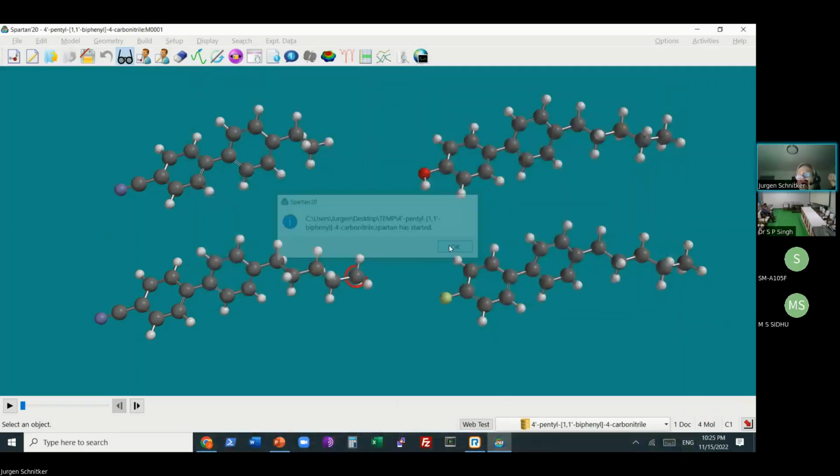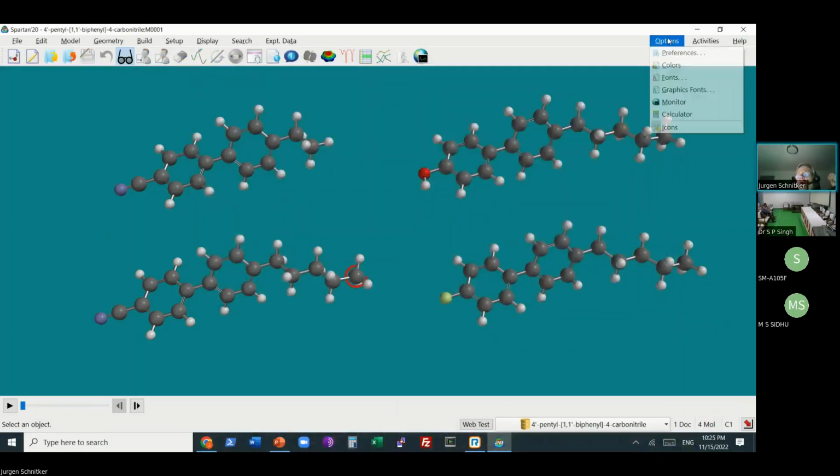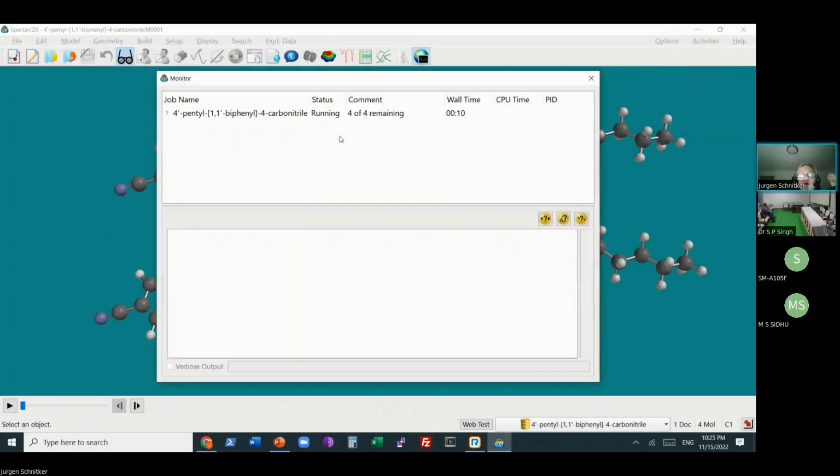And now it's running. I have a dual core machine, so it will run 2 of these at a time, one on each core. With the monitor, I can watch that.